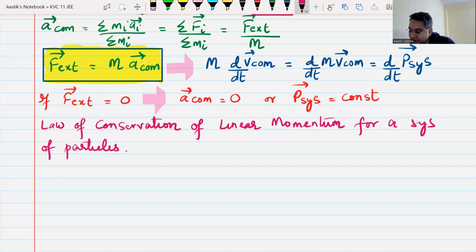Law of conservation of linear momentum for a system of particles states that if the net external force acting on a system of particles is zero, the momentum of the system of particles will remain constant, or you can say the velocity of center of mass of the system will remain constant. Do we understand this? This is exactly similar to the law of